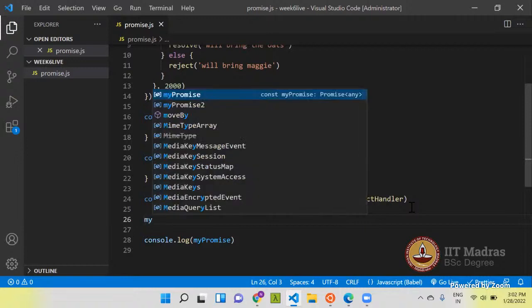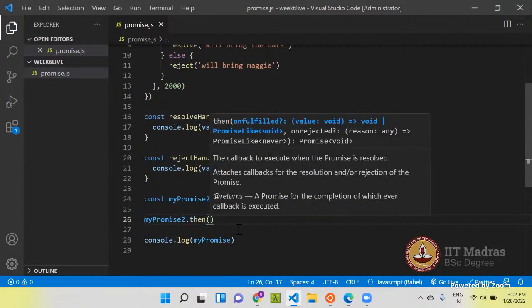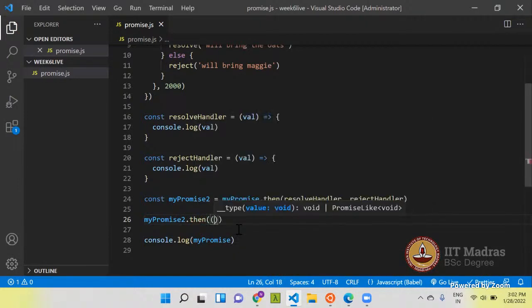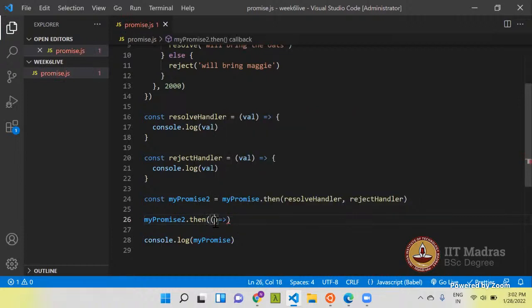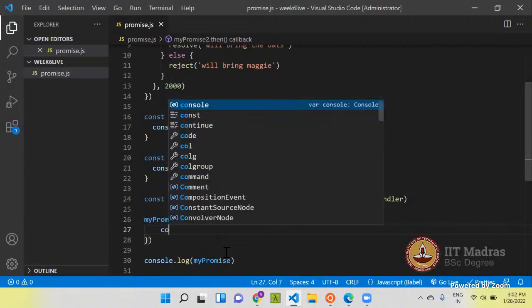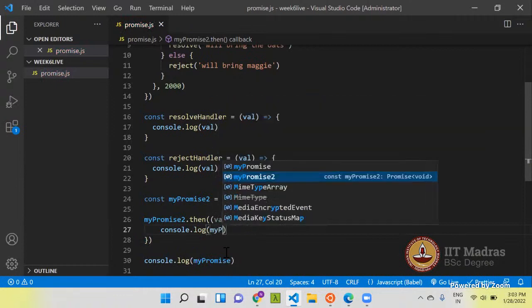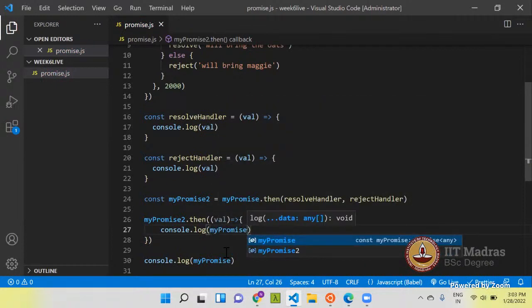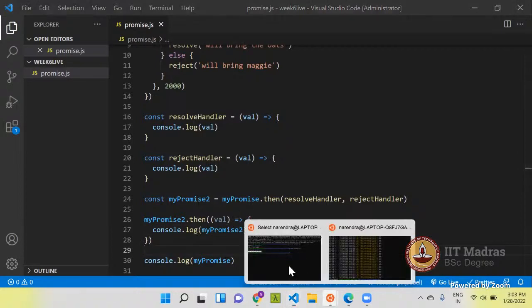My promise 2 dot then, and inside this I will just log this my promise. Let's try to run this code.